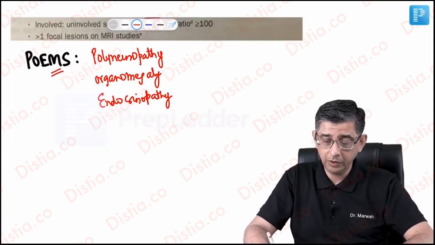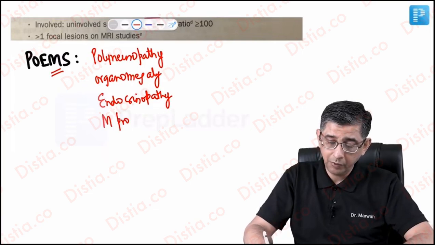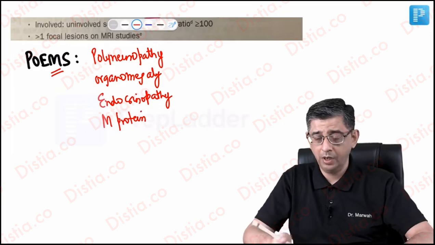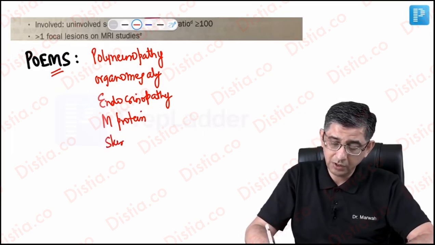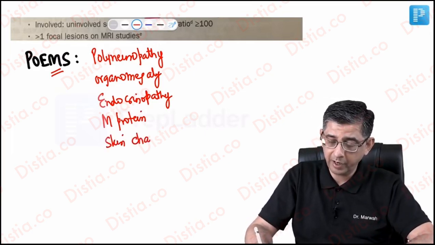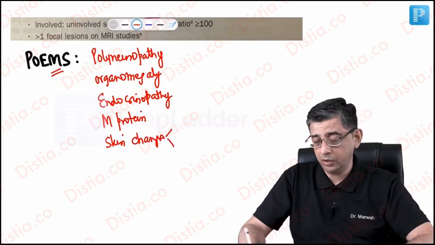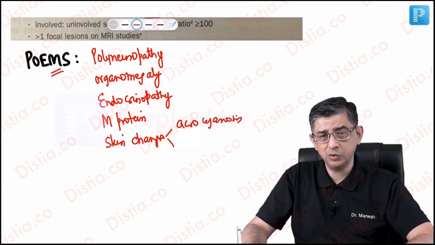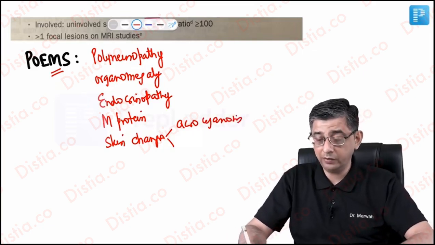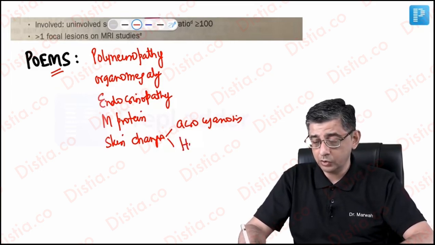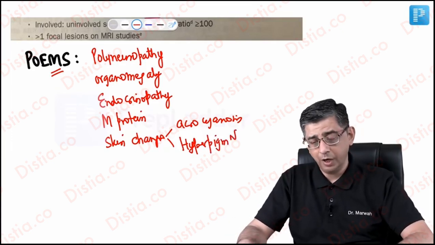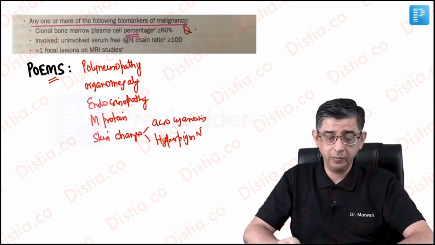The M component would be the M protein component. Why are we discussing this at the moment is mainly because I spoke about M protein. And then can be skin changes. The skin changes can be either in the form of hyperpigmentation, or they can be acrocyanosis in these patients. This is just a small syndrome given towards the end of the discussion of multiple myeloma. So just in case he decides to ask about it or incorporate it in one of the choices, great. If not, nothing to be much worried about.